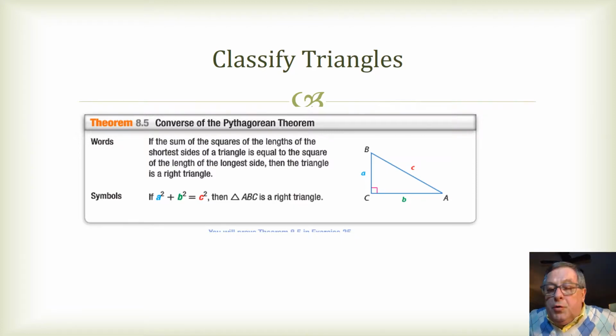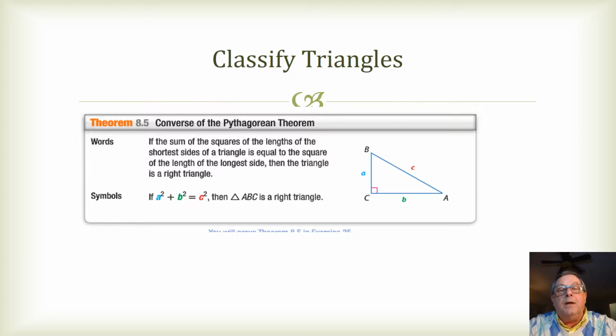We're going to conclude this chapter section on the Pythagorean theorem and its converse by looking at about 3 theorems, as well as, 4, including the triangle inequality theorem. And we're going to use this information to classify triangles when we know the lengths of what may be the sides